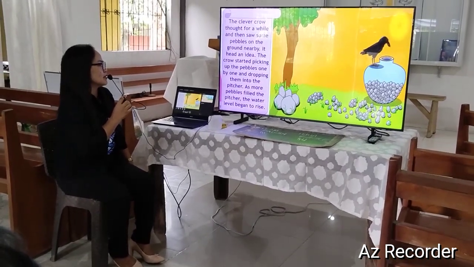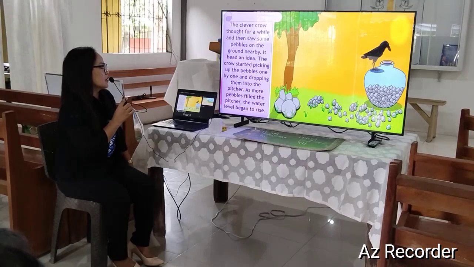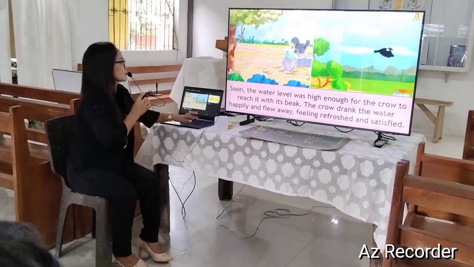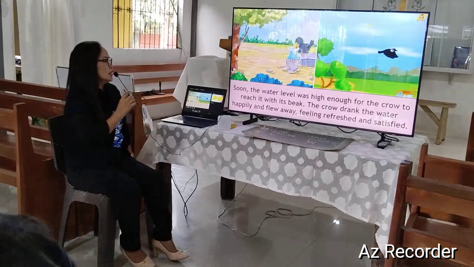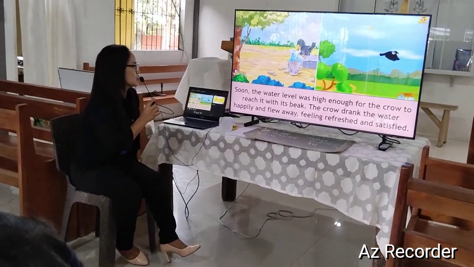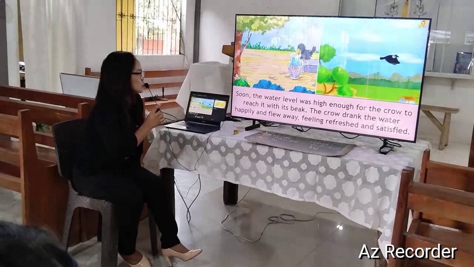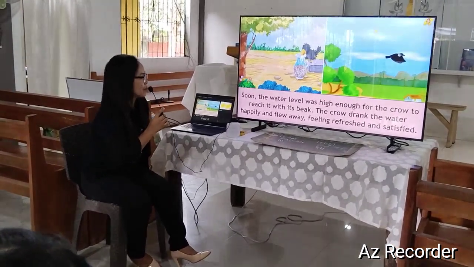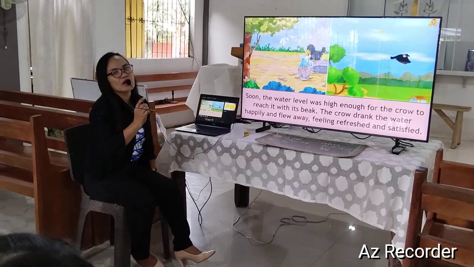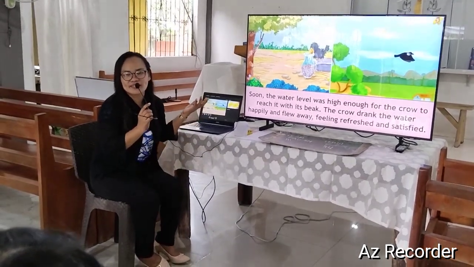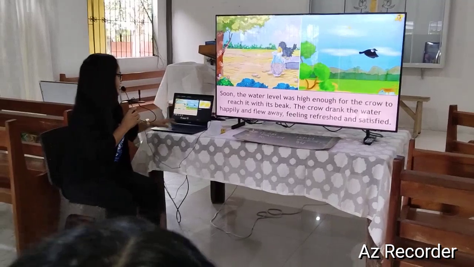As more pebbles filled the pitcher, the water level began to rise. Soon, the water level was high enough for the crow to reach it with its beak. The crow drank the water happily and flew away, feeling refreshed and satisfied.